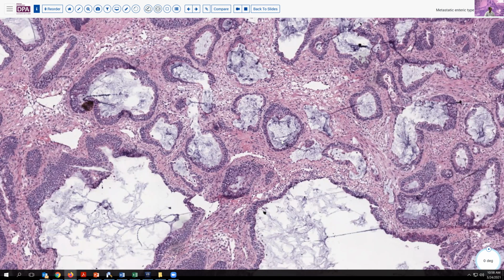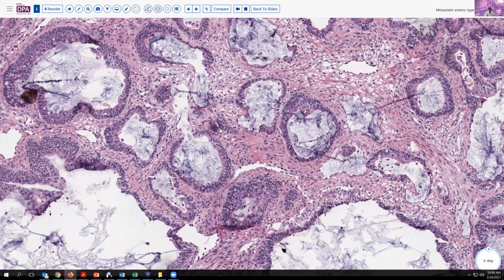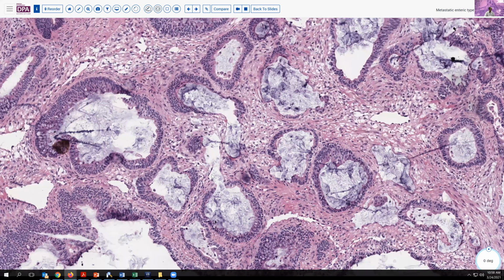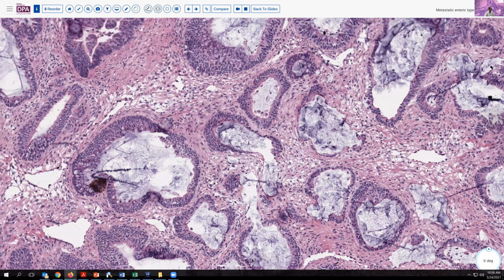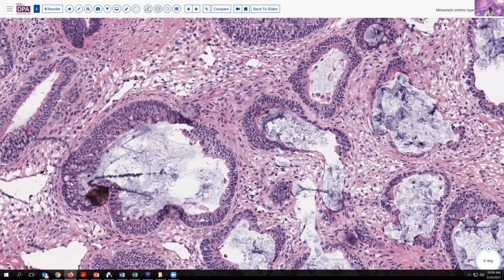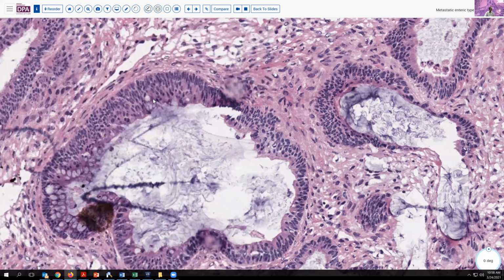So this also is another feature that is uncommon in primary mucin-producing tumors of the ovary of endometrioid type. So seeing extracellular mucin with this degree of cellularity and the presence of obviously cytoplasmic mucin droplets is more characteristic